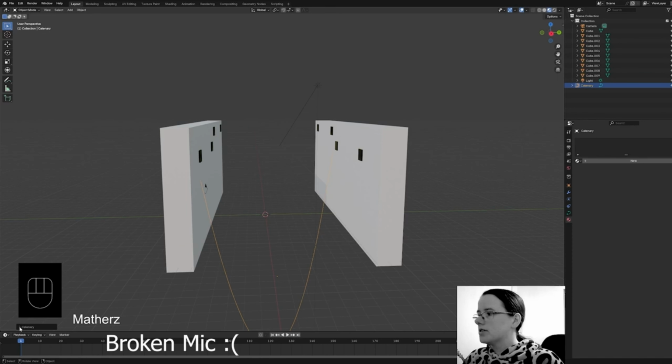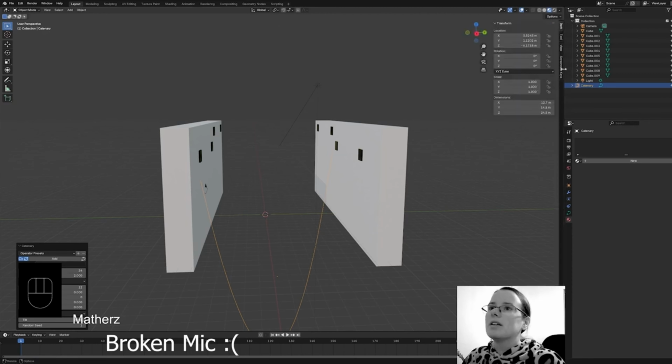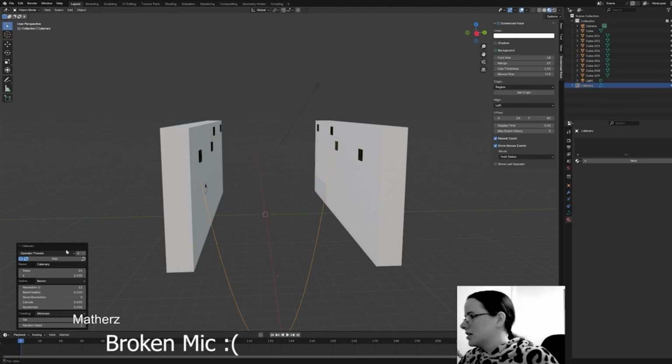Now if you go into the bottom here, you'll see a lot of different options. The only problem is my screen keys are in the way, so I'm just going to turn these off at the moment. Okay, so